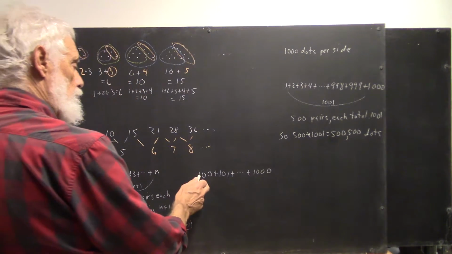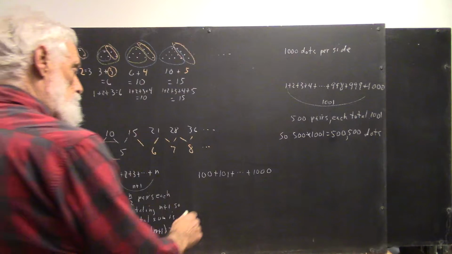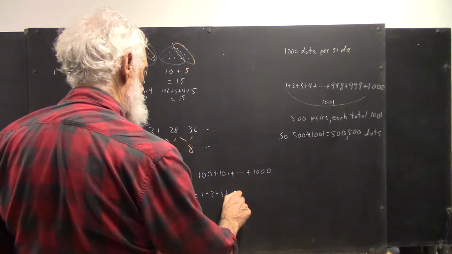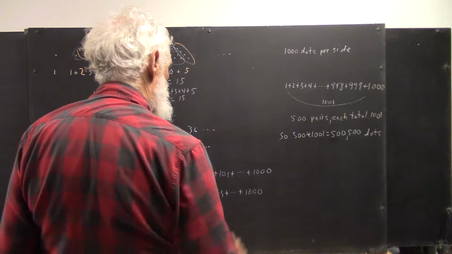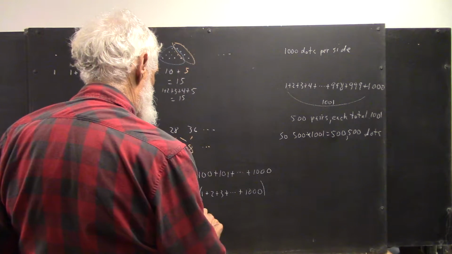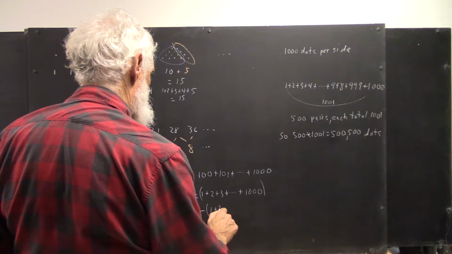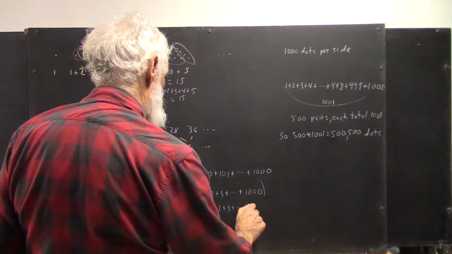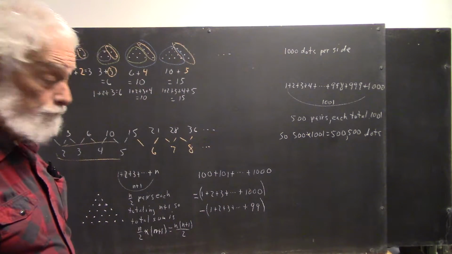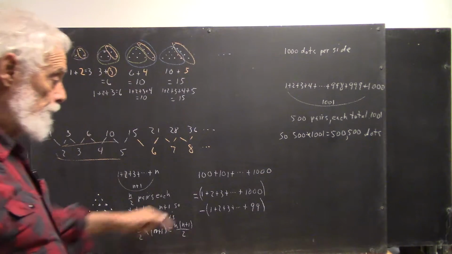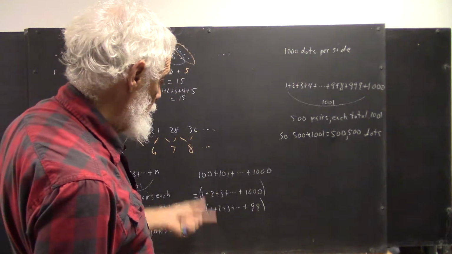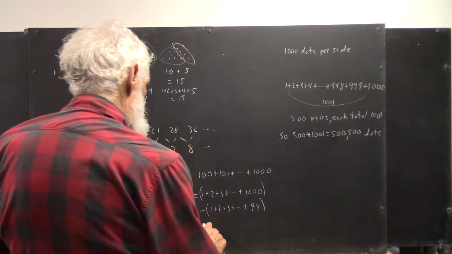Now, if we want the numbers from 100 to 1,000, what's that equal? That equals the numbers from 1 to 1,000 minus the numbers from 1 through 99, doesn't it? Okay? That takes all the numbers away that are between 1 and 99. The first number that's left after we subtract is 100. Okay, well,